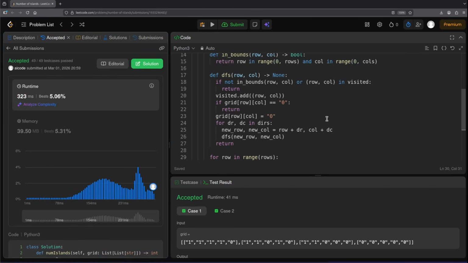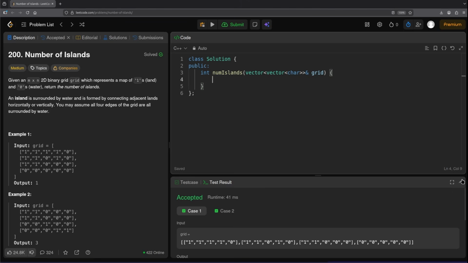Okay, seems like we got it correct. Our runtime doesn't seem to be the best solution, but I think this is good enough for now. And yeah, let's try to see if we can do it with C++ now. Okay, so I